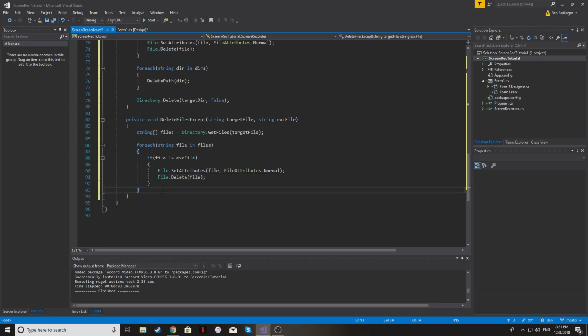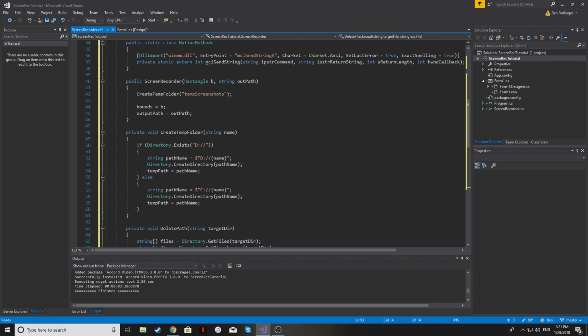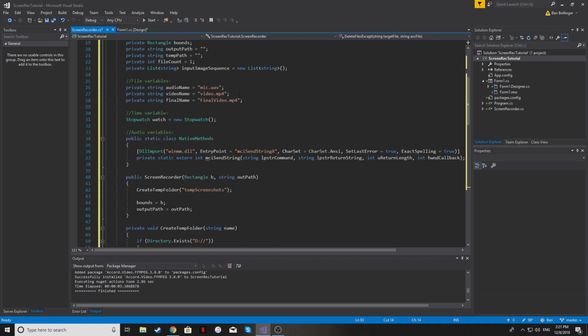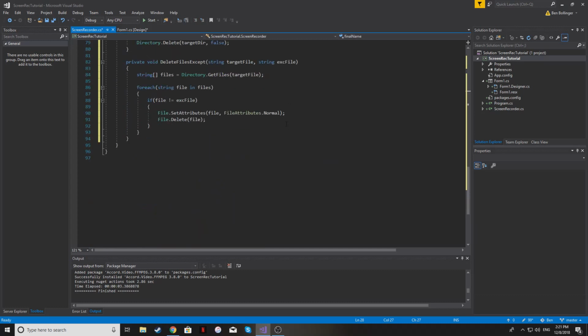And so this will delete every file except the file that we specify, and we're going to specify it to delete these two, delete every file except this file, except final name here, just like that. And so once we have these variables, we're also going to create one more that's just kind of for